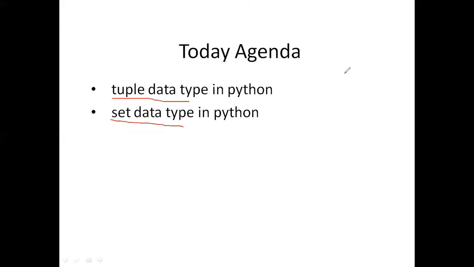In previous classes, we discussed the string data type. After that, we discussed the list data type. And we saw so many example programs using these data types. These two data types are very important when you are writing programs. In all the programs, we are going to use strings and lists. Okay. Now, in today's class, we are going to see another two data types. One is tuple, another one is the set data type.